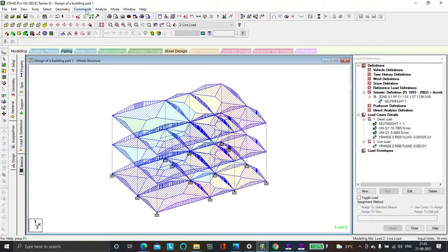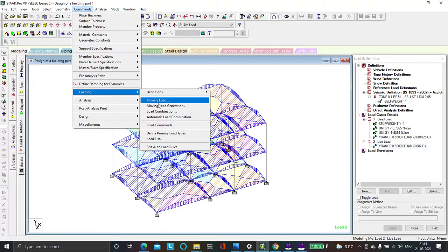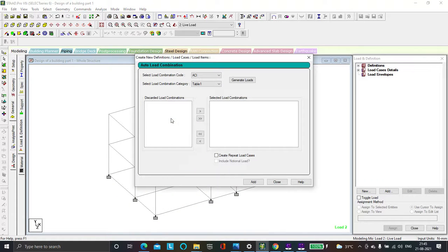We're going to go to commands, we're going to go to loading, then we're going to go to automatic load combination. When we do this, we're going to select the code. It's the Indian code, and then we're going to generate loads. Structure is a general type of structure. It's not steel, it's a general, RCC. So we're going to generate the load. And these are the load combinations that we have. So we're going to add